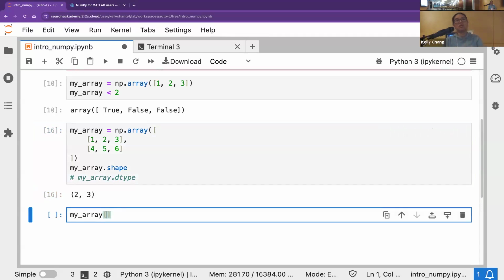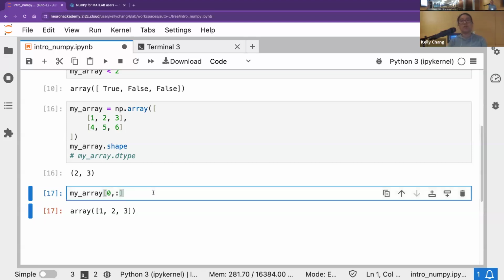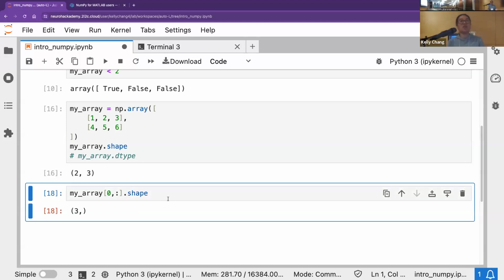Very similar here, again, zero-based indexing. Let me say I want to grab the first row: 0, comma, and then colon to grab all of the first row. Also check, especially when you subset things like this, that you can change the shape of it as well. Please notice I'm also just chaining. This is something really beautiful about Python: I subset and I also chain that shape,